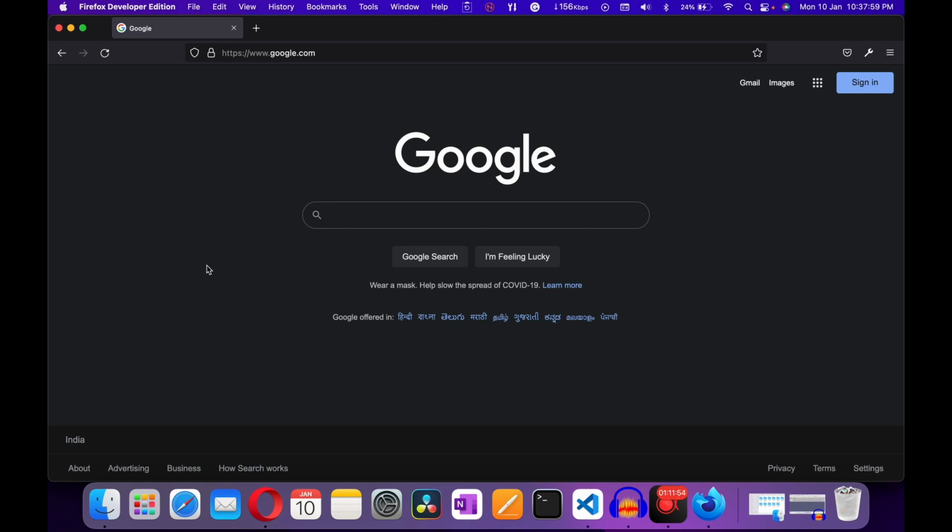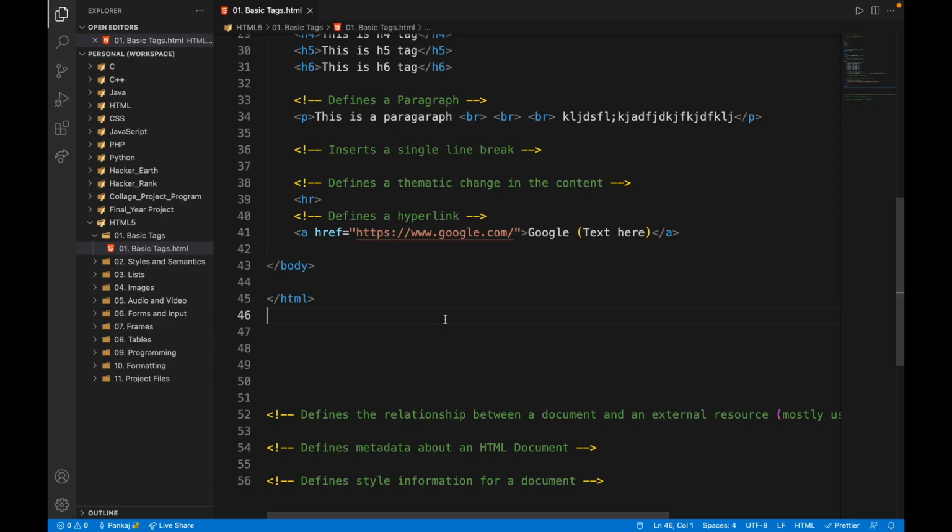As an example, google.com. So guys, if you want to define any link inside your document, you have to type this link inside your anchor tag, or a tag. Basically the a tag defines your hyperlinks in your document. Between the opening anchor tag and the closing anchor tag, you type text, and if you click on this text in your document, it will redirect to this link. Remember that. And href means hyperlink reference, where you want to refer your text or link.